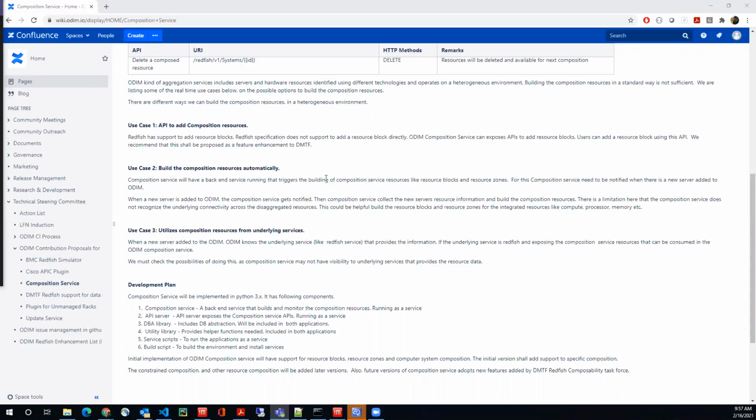I think the use cases we need to specify are not at the level we're looking at now. I think the use cases need to be from a persona perspective, right? ODIM is a heterogeneous environment, talking to different resources. Assumption number one, we're going to have servers or equipment from different vendors.